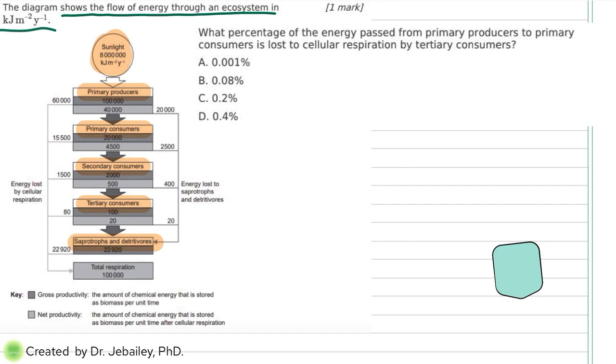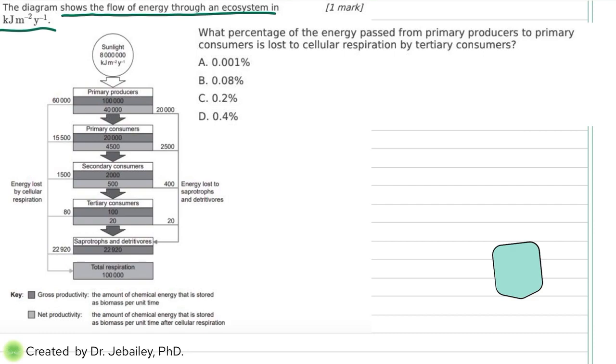Here on the side, it says energy is lost by cellular respiration, and here it says energy is lost by decomposers and detritivores. Okay, so in here we have something written, total respiration, which is 100,000. So now I'm going to erase this to make it clearer. And now I kind of see some of the things I recognize. Oh, there's some energy lost. Oh, there is a food chain going. Next, let's look at the numbers.